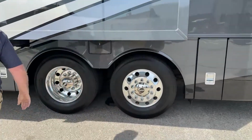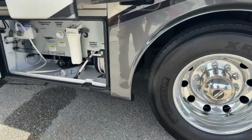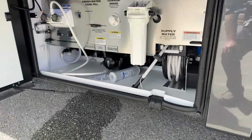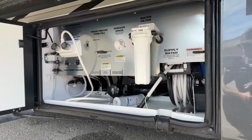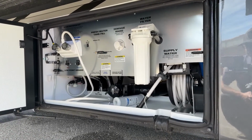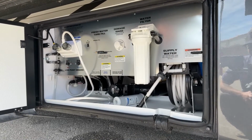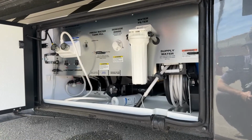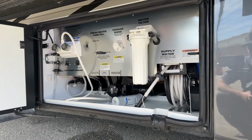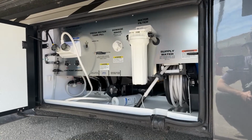So we move down here. Let's take a look at our water compartment. You can see the water hose is on a power rewind. Your electrical hose was also in that back compartment. Everything is labeled really well: your low point drains, your fill, your black tank rinse. Easy to winterize yourself if you're the kind of person that does that. Very clean looking